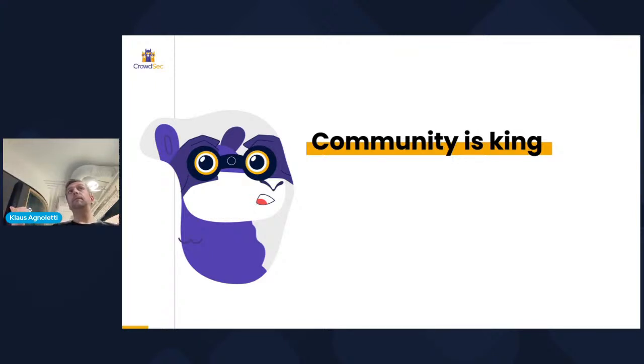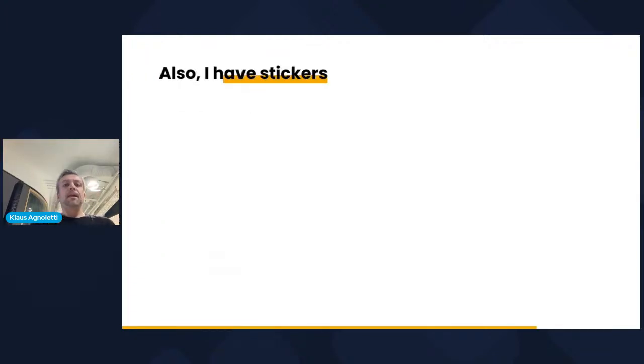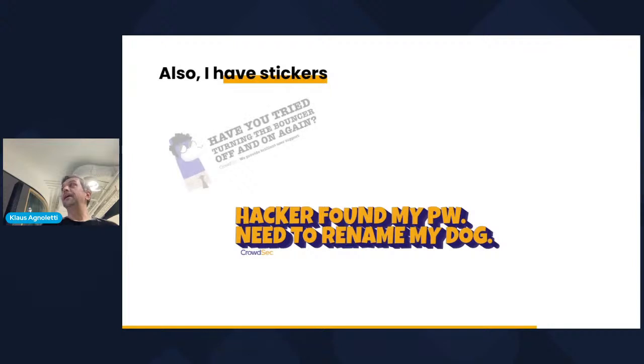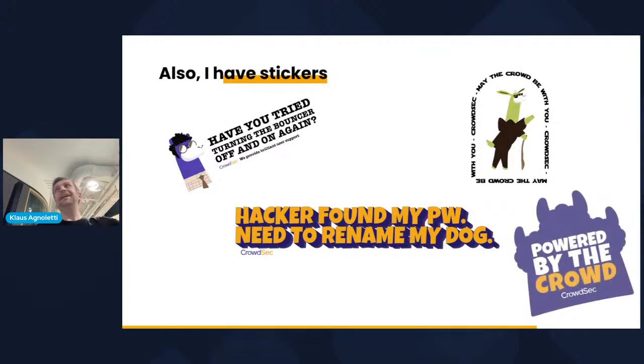I'll talk a little bit later about what that is, but we'll also use the event to launch a bounty program where you can actually implement functionality and get hard cash. So maybe I'm hiring a little bit, I don't know. That's for you to decide. And also I have stickers. Yeah, exactly. That's the spirit.